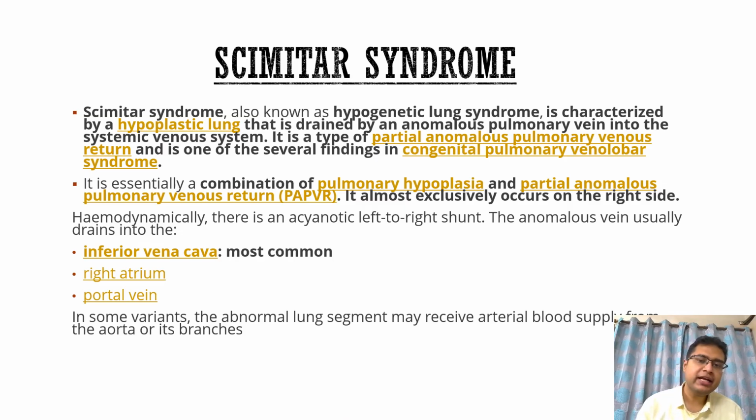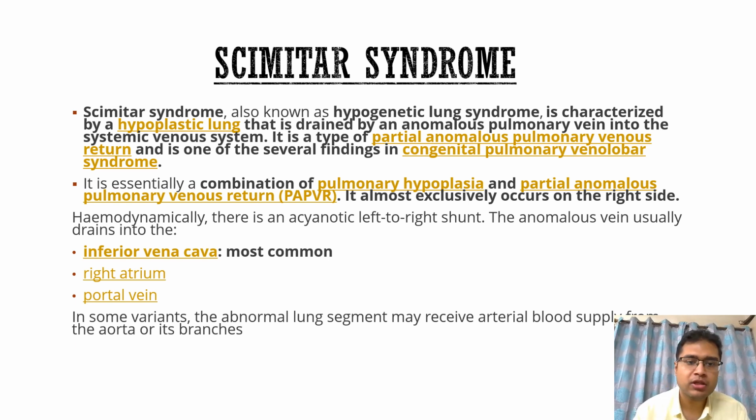So what exactly is Scimitar syndrome? Scimitar syndrome, also called hypogenetic lung syndrome, is characterized by a hypoplastic lung that is drained by an anomalous pulmonary vein into the systemic venous system, that is the IVC, and it's a type of partial anomalous pulmonary venous return. And the combination of pulmonary hypoplasia and partial anomalous pulmonary venous return, almost exclusively seen on the right side, is